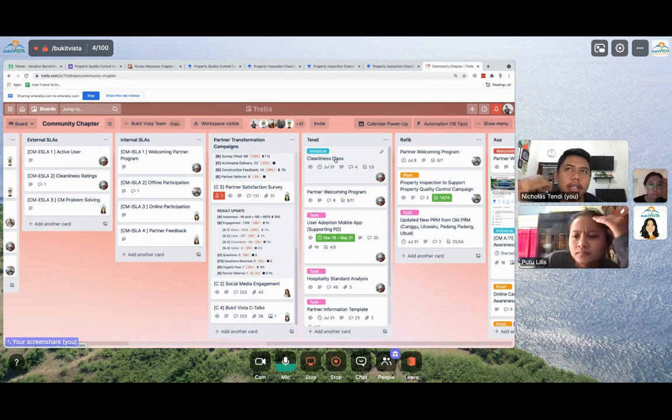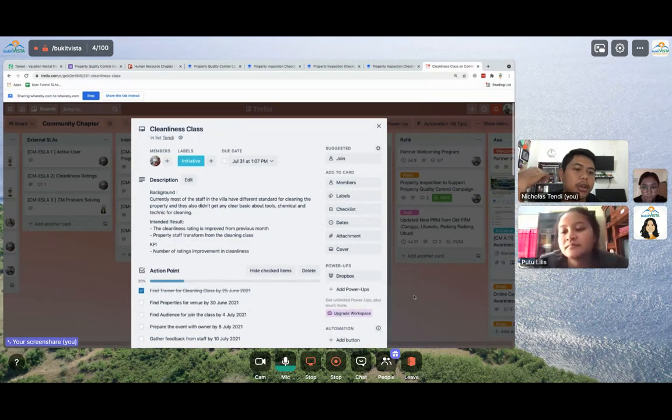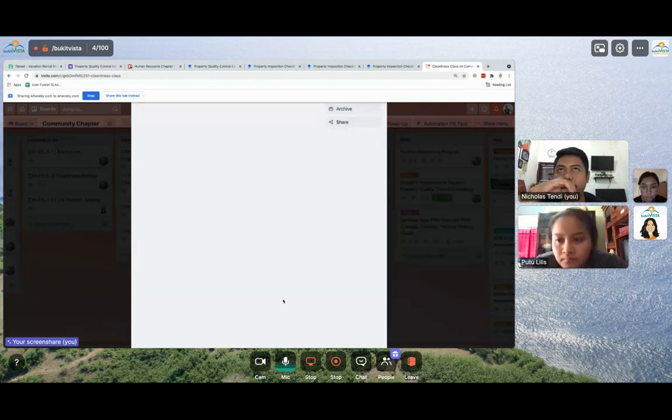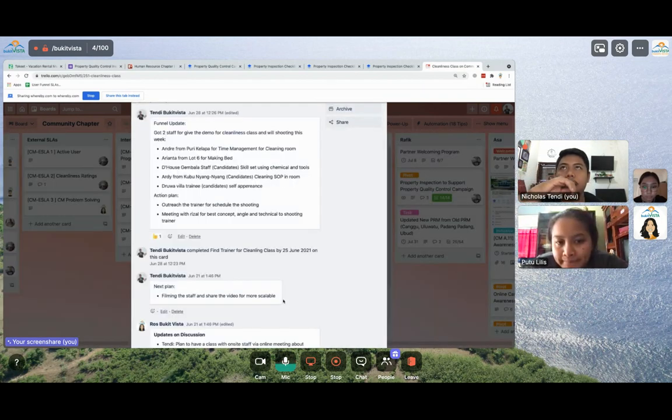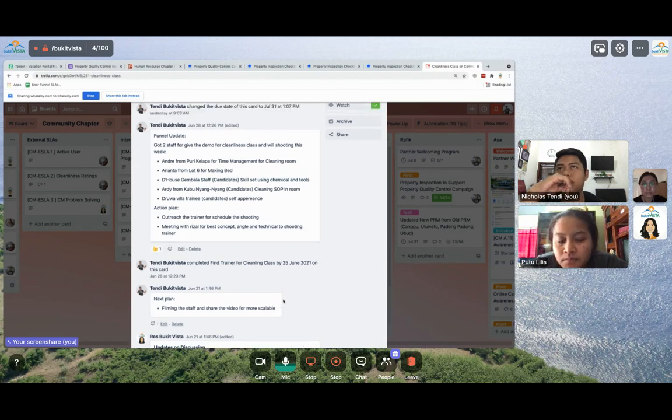But now he said the staff is already, sorry, the guest is already checked out, and then the staff cleaned the room, and I am still on the scrum, so I think I will reschedule the filming. And also for the Puriklapa, Andre yesterday went back to the negara because there is a ceremony, so it's postponed as well. And then yes, I will make a schedule with them again like that.